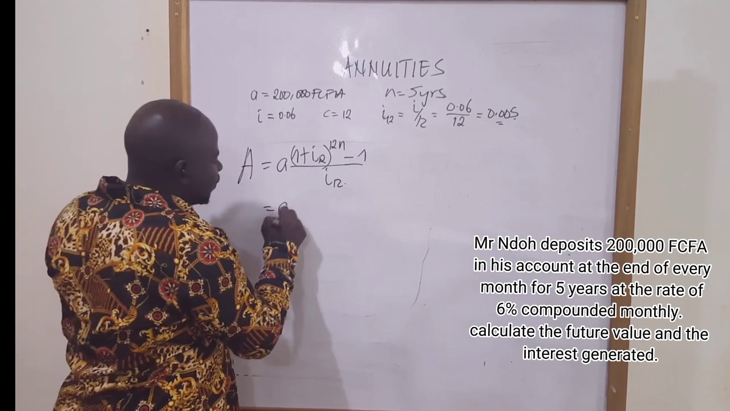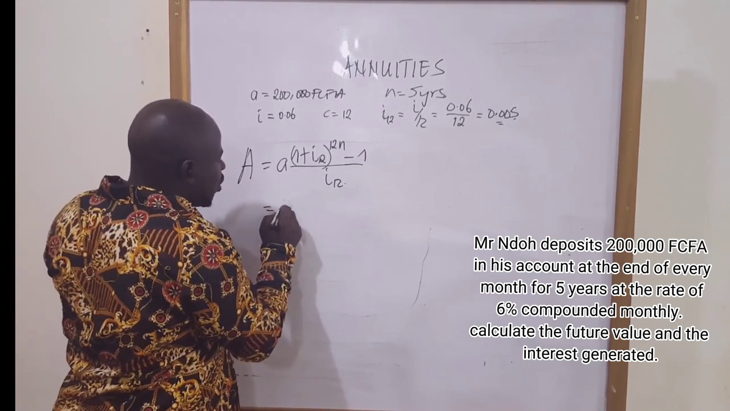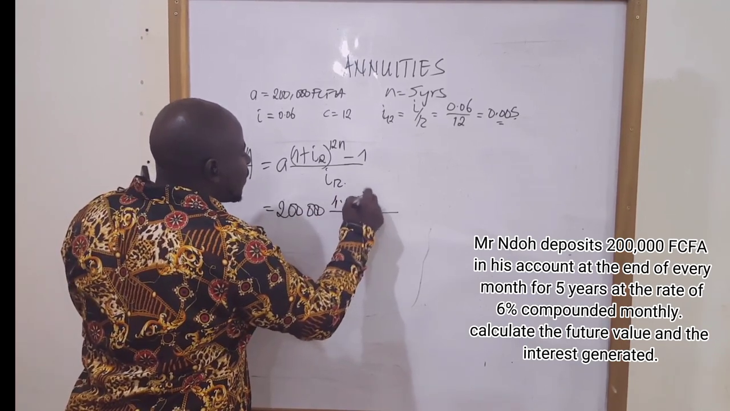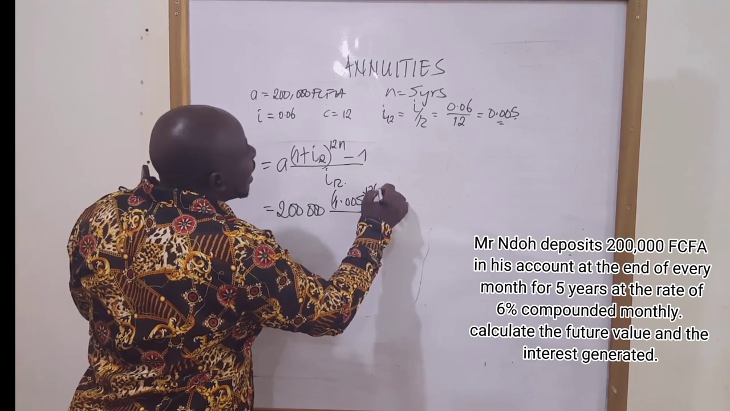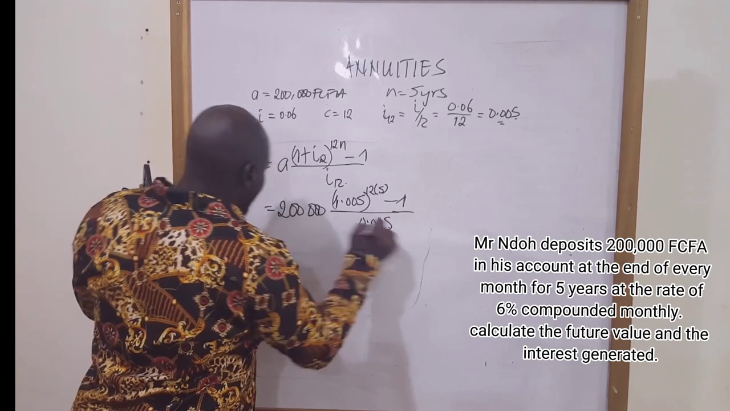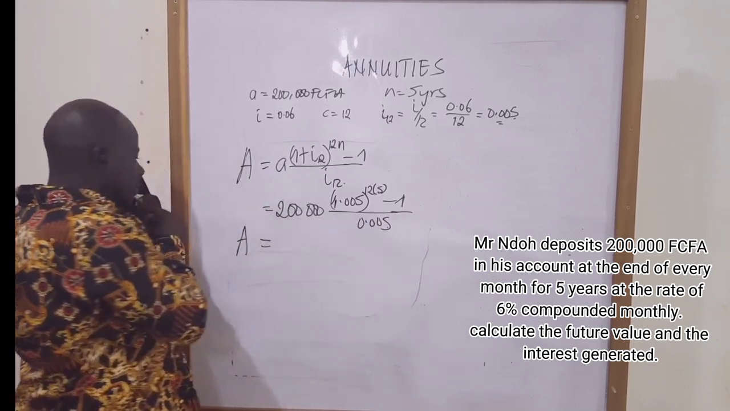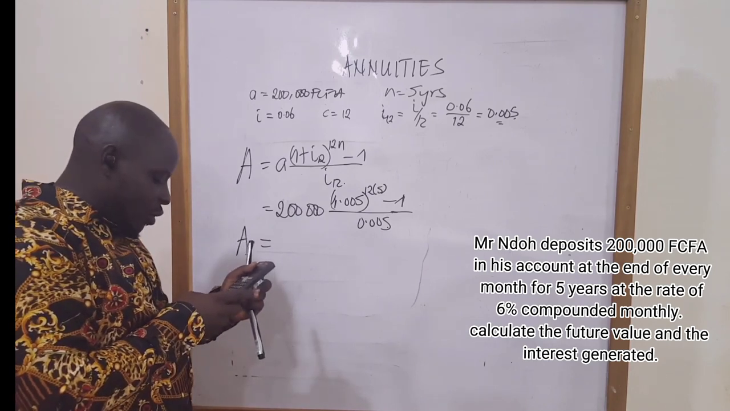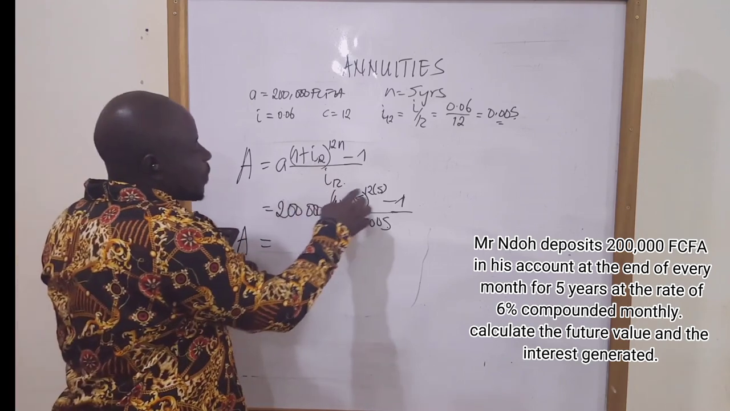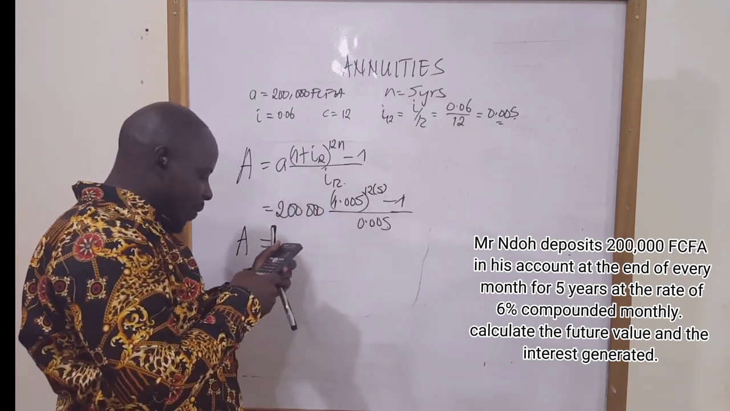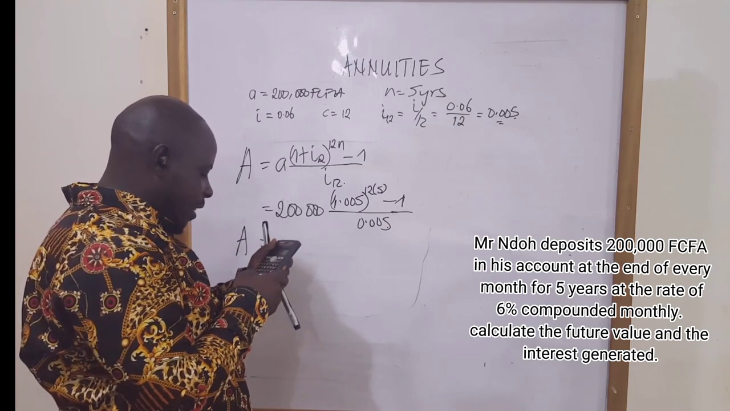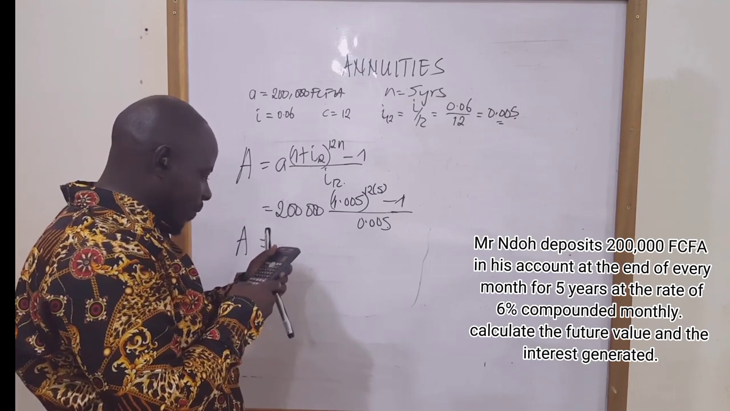So we can calculate. This is going to be 200,000 times (1.005 raised to the power 12 times 5, minus 1) divided by 0.005. What is going to be the acquired value there? Let's get it. 1.005 raised to the power 60, because 12 times 5 is 60, minus 1, divided by 0.005, times 200,000. We are going to have